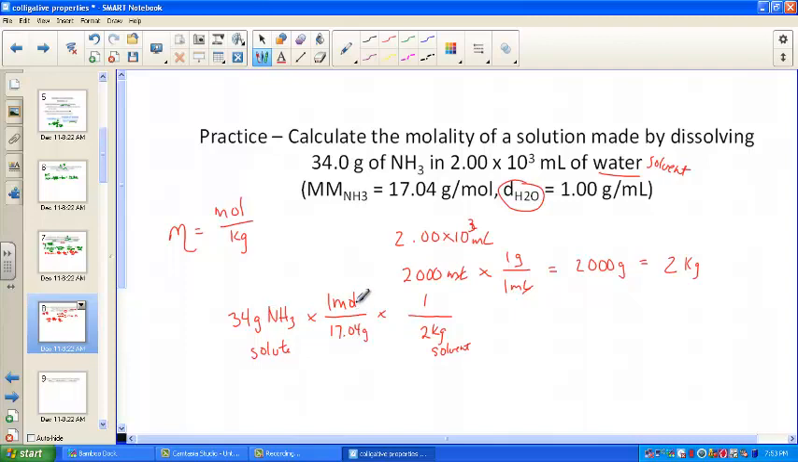Grams cancel with step 1. We get moles per kilogram, which is the very definition of molality of an aqueous solution of ammonia. Check it with me and be sure I'm doing it correctly. I start with my 34 grams of solute called ammonia. I'll divide it by 17.04, the formula weight of NH3. Divide it by 2, the kilograms, the mass of the solvent,